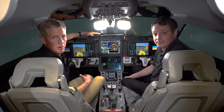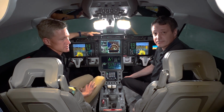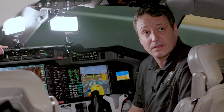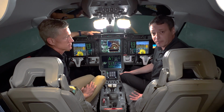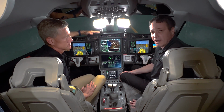I'm going to fly a few approaches and get into an unstabilized situation, and then Travis is going to redo the same approach, flying it the correct way. The PC-24 is an extremely capable airplane and features very advanced technology, and that technology can help us, but when we're flying single pilot, we have to be extra vigilant to ensure that that automation doesn't get us